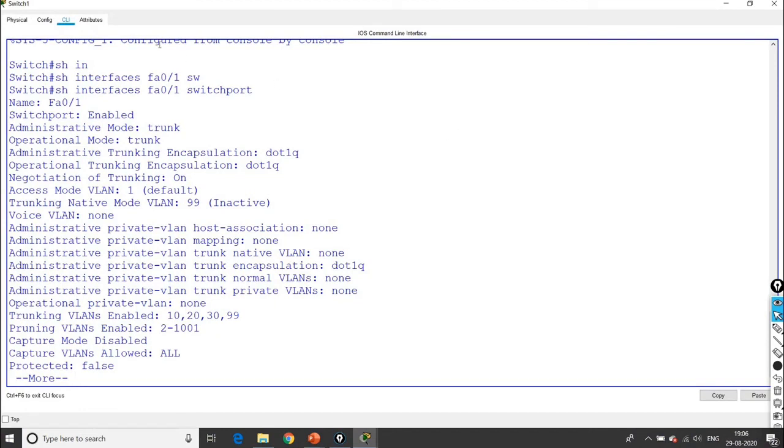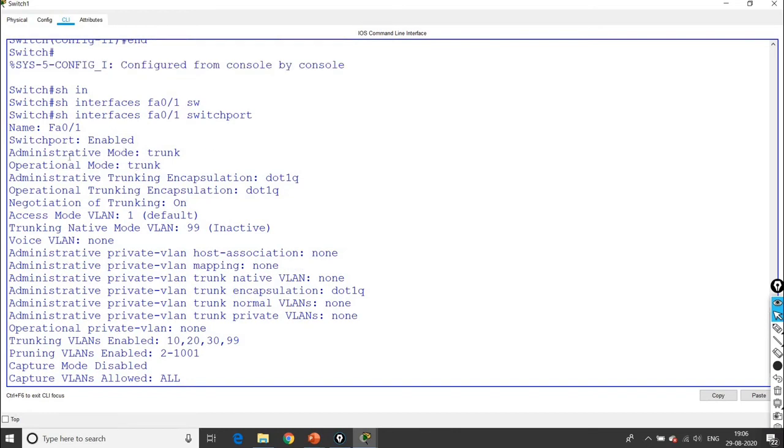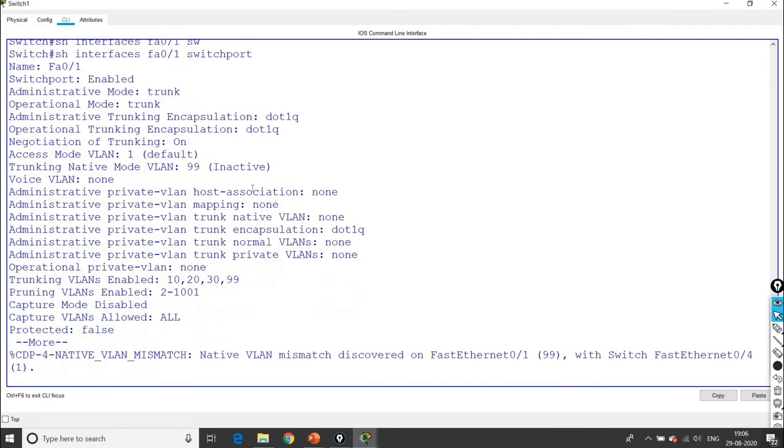The port is in trunking mode here, and switchport is enabled. Administrative mode is trunk, operational mode is trunk, administrative trunking encapsulation is dot1Q, and trunking VLANs enabled are 10, 20, 30 and 99, and pruning disabled, and capture VLANs allowed is all.